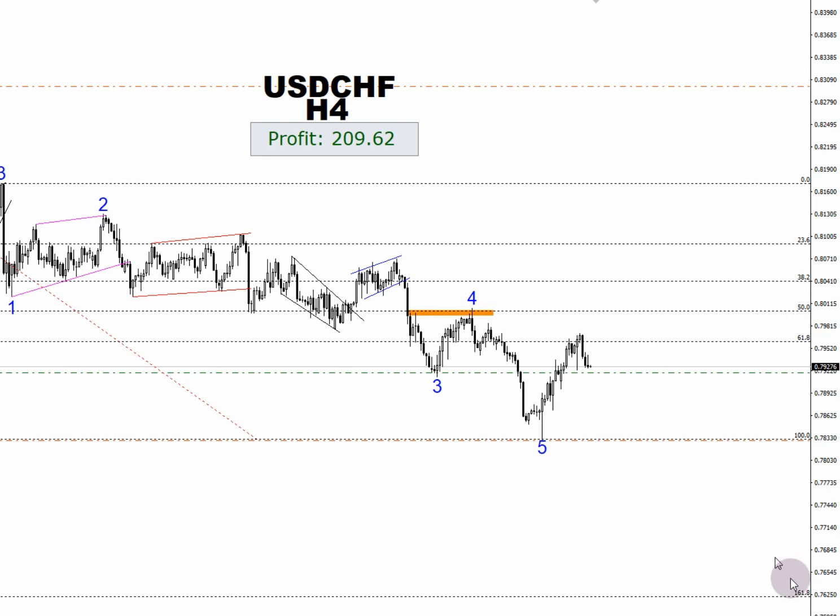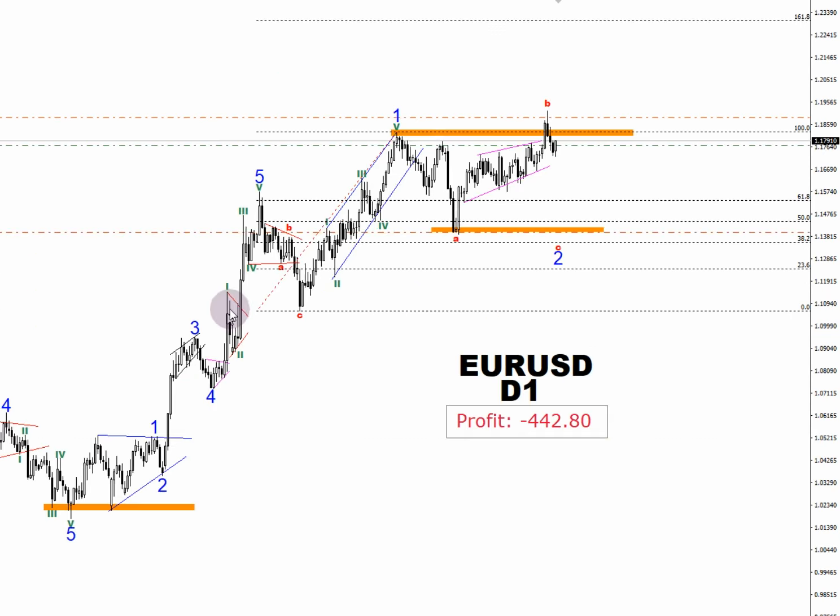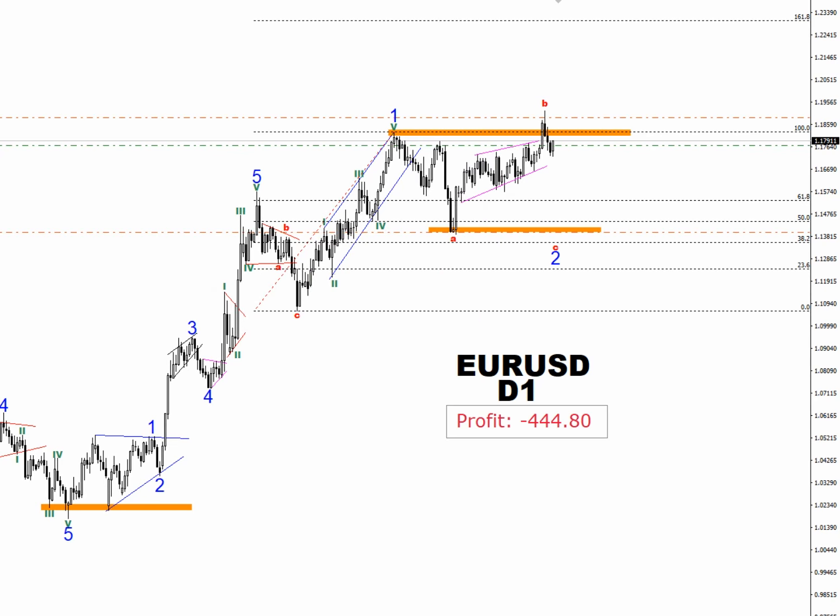The next financial instrument we will be focusing on is the euro dollar. This week, we are actively trading it. Please note that we currently have an open sell position that we established from last week's trading activities. The overall idea in this context is the formation of a consistent and regular correction. What is a regular correction? When you experience the initial impulse wave, this is followed by wave A and subsequently wave B, which surpasses the peak of the first wave.